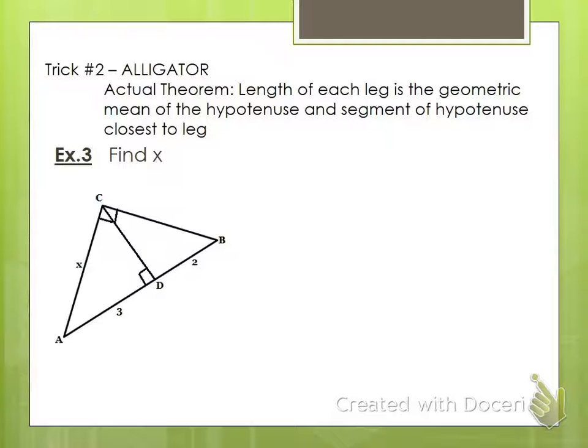The second trick, some people call it the alligator. I've also heard it called the boomerang, which I prefer. This one is, in my opinion, a little bit trickier to remember. And I personally was never taught it as a trick. I just had to memorize the theorem. The length of each leg is the geometric mean of the hypotenuse and the segment of the hypotenuse closest to